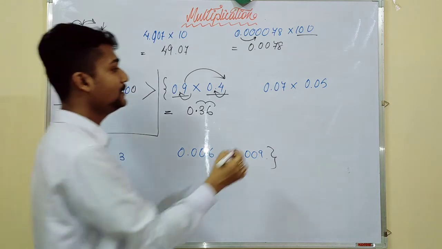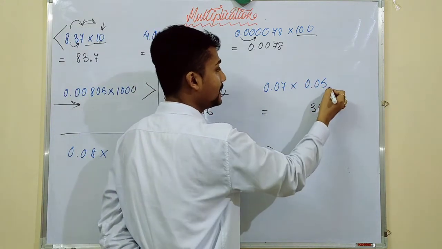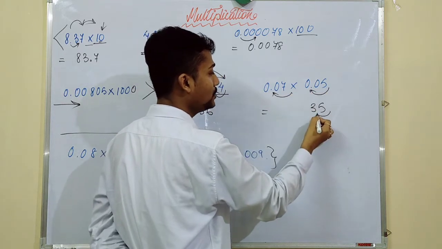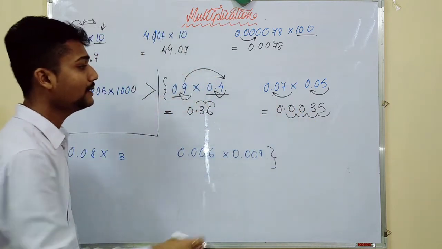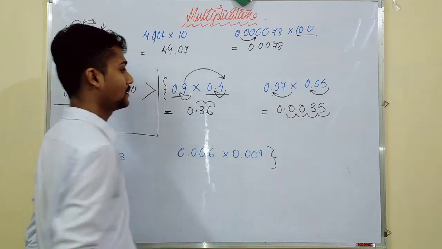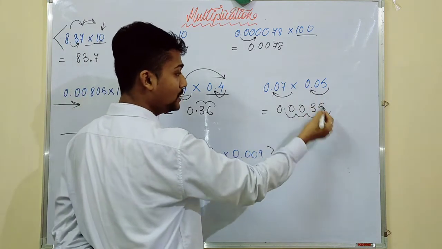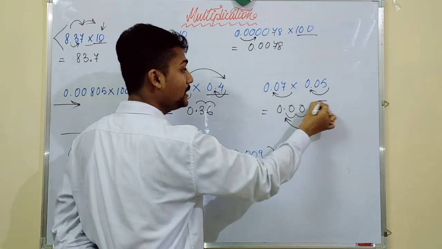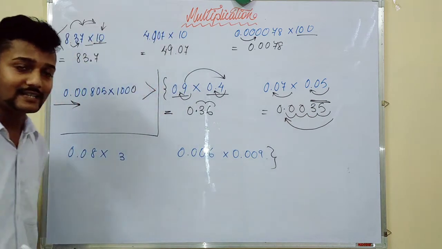Okay. Here you see in this particular question 7 5 is 35. Before how many numbers is the decimal there in total? 4. That means 1, 2, 3, 4. Okay. Why have I put zeros here? Because I want to put the decimal in front of 4 numbers, but there were only 2 numbers. So I have put 2 zeros, then I have placed the decimal.